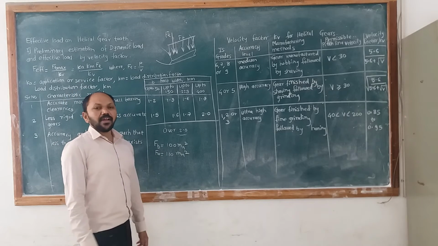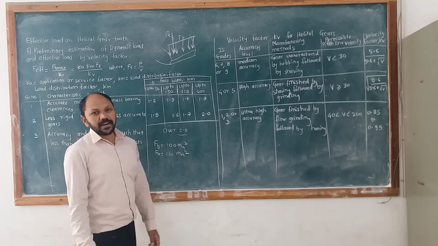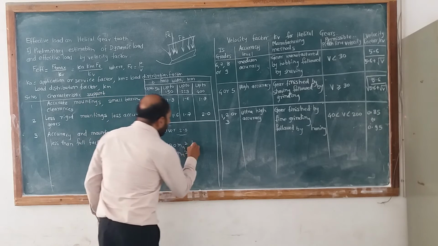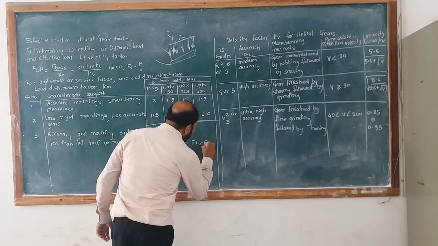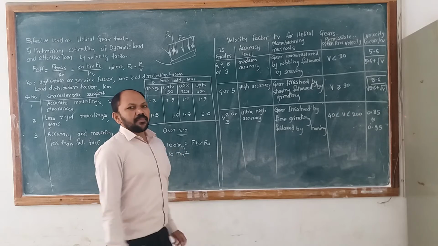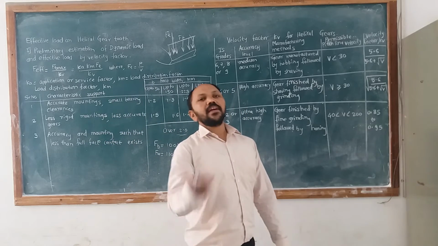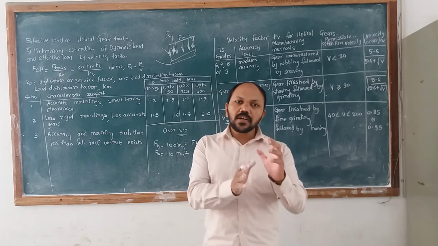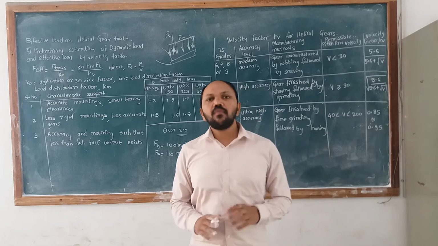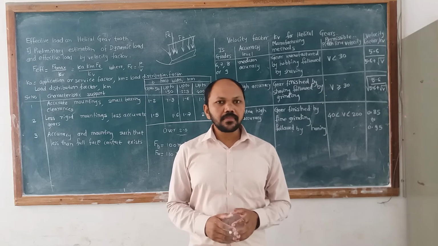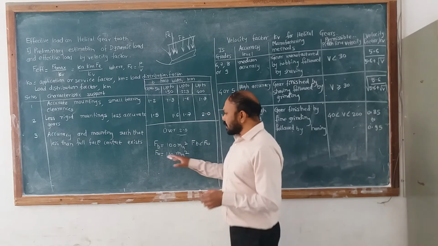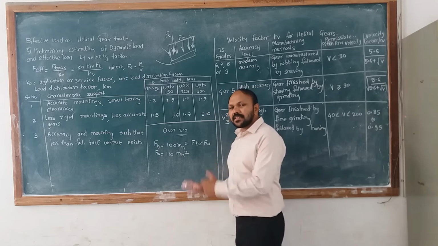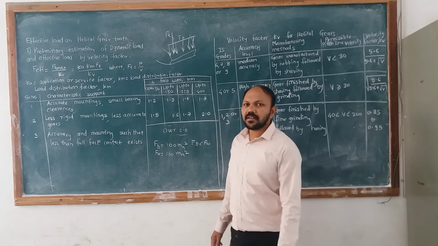Obviously, FB value is less because the number is 100. So FB is less than FW. As FB is less than FW, and FB is related to bending failure while FW is related to wear failure, we focus on bending failure for design purpose. So bending is the important criteria here. This is the deciding factor.